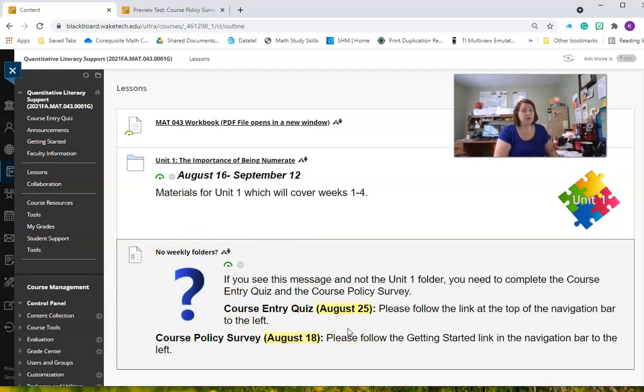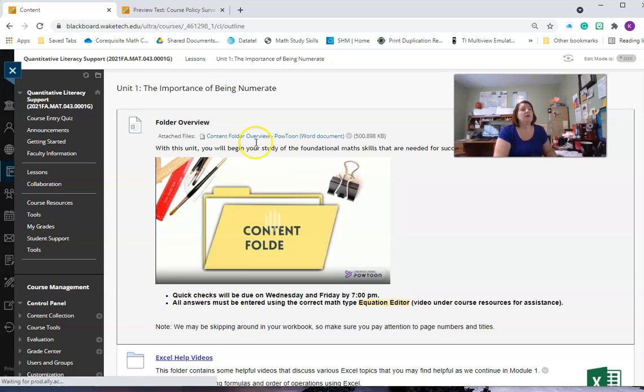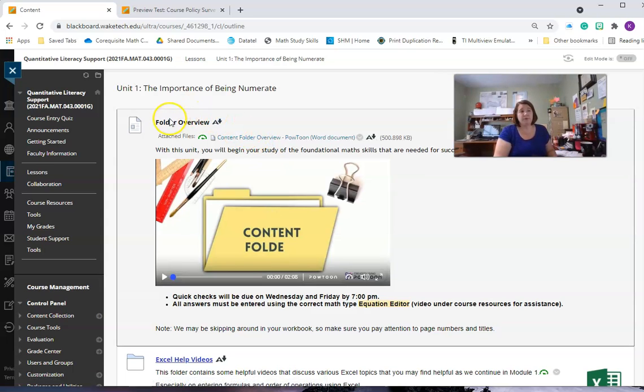If you got a 90 or better on your course policy survey, then you'll see the workbook and the Unit 1 folder. Inside that Unit 1 folder is going to be all of our information for this first unit this semester. The first thing in there is an overview. I have another short little video that goes over how the folders are set up, where you can find information, what the lessons look like.